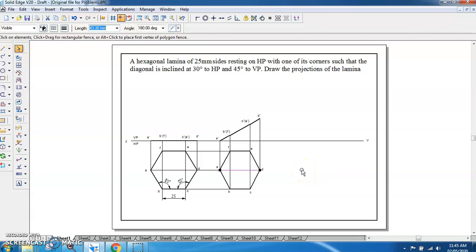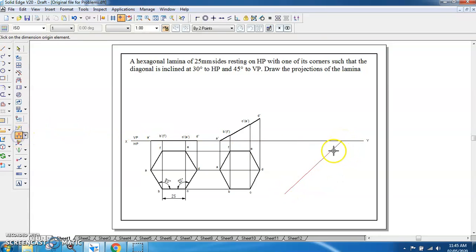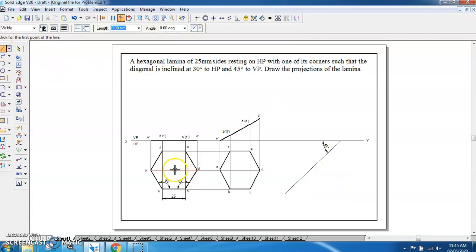So to do that, first we have to start with the line command. First line is of 45 degrees. So from this we will be getting a line having an angle of 45 degrees. So type 45. This is the line you have drawn. On this line you have to draw these two lines.